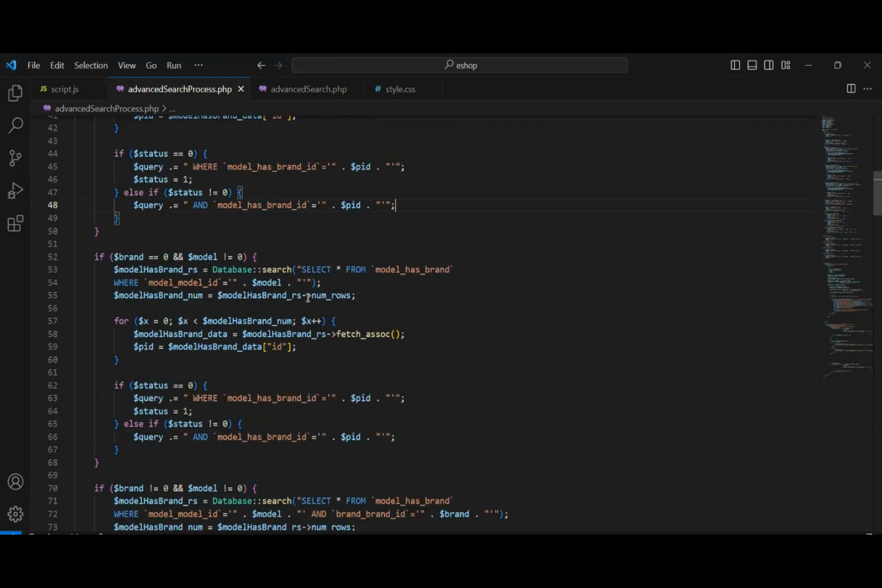And here we will be checking if the brand is equal to 0 and the model is not equal to 0. Here, if the brand is equal to 0, a user has not given a brand there. And when we see this $model not equal to 0, the user has given a model. So we will be getting all the models from our model has brand table in our database, and we will be looping it,